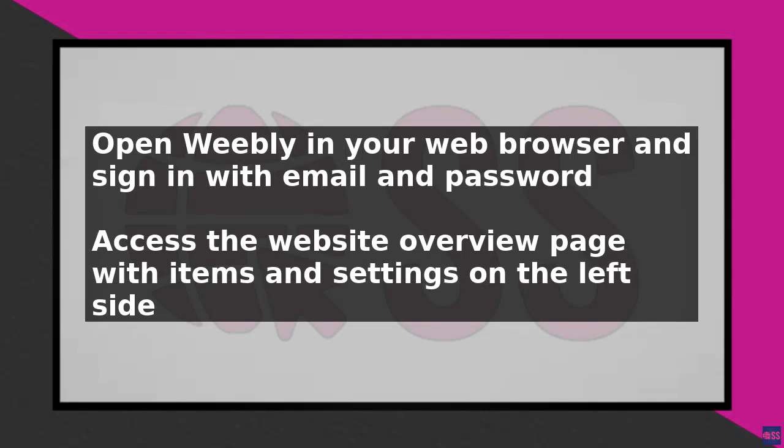To change the header color on Weebly, start by opening your web browser and typing in Weebly. Then click on the Weebly.com option that appears. Once you're signed in with your email and password, you'll see an overview of your website, including items, orders, fulfillment